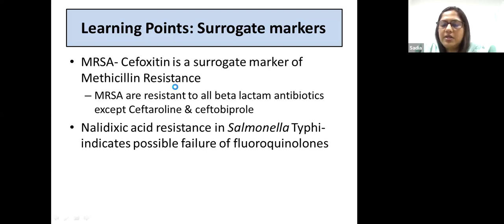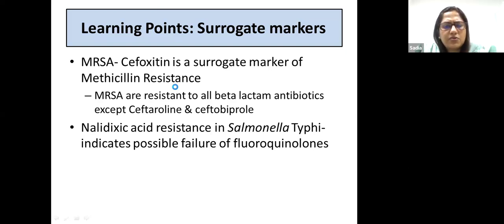So generally, we put a comment at the bottom of the report when we isolate MRSA that all the beta-lactams, beta-lactam inhibitor combinations will not work in these patients. So that is what we should know, and we should not go looking for particular antibiotics. We should know about the group of antibiotics that we are dealing with over here and try to infer the